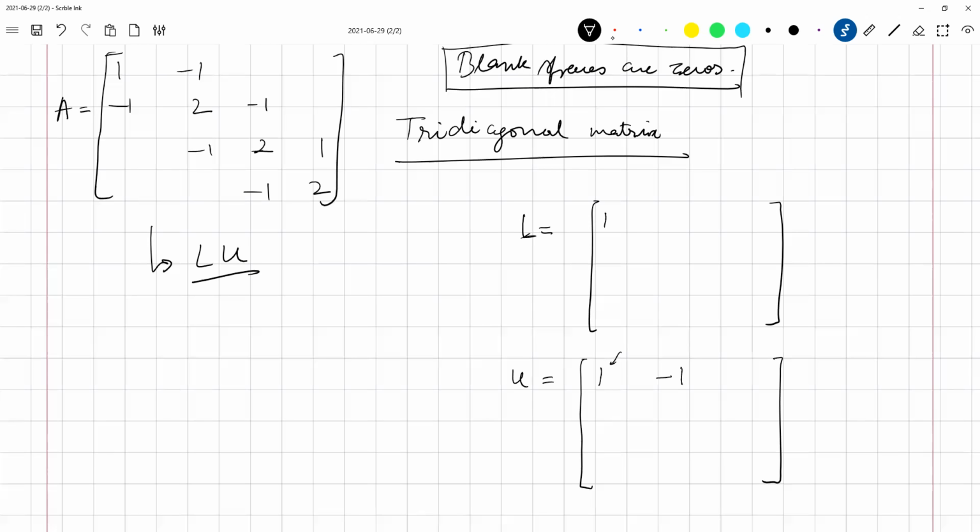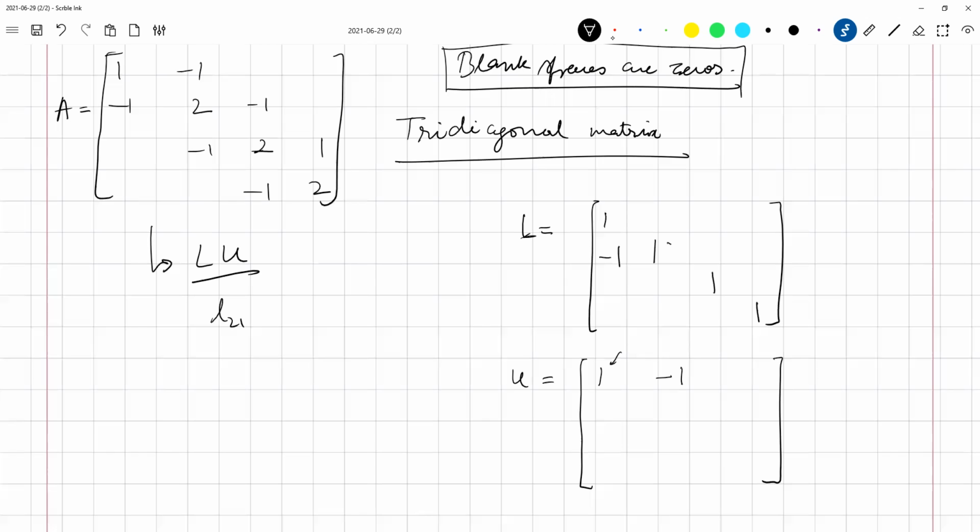Now we need to find out the value of L21. What is L21? What do I need to multiply this by? And then we'll need to subtract the first equation from the second equation. So what do I need to multiply my first equation by? -1, so that I get a 0 after subtraction. So if I multiply by -1, and then I will subtract from this equation.